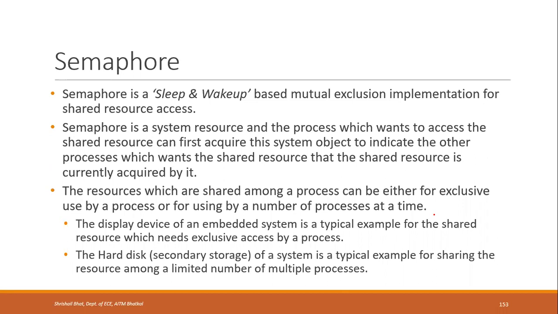For example, a hard disk or the secondary storage is a typical example of sharing a resource among a limited number of multiple processes. Multiple processes can access that hard disk at a given time, but there is a limit on how many processes can access it. So these are two ways the resources can be shared, that is exclusive access and limited